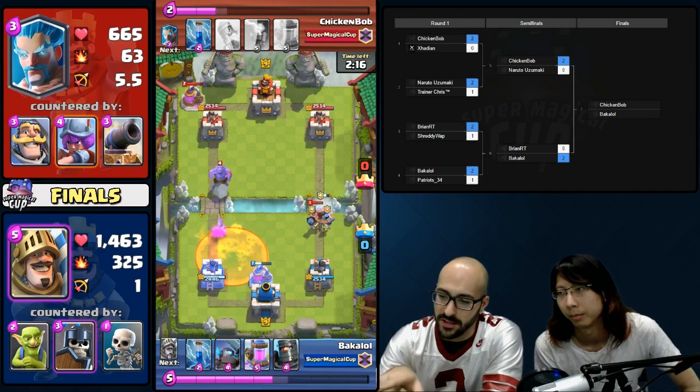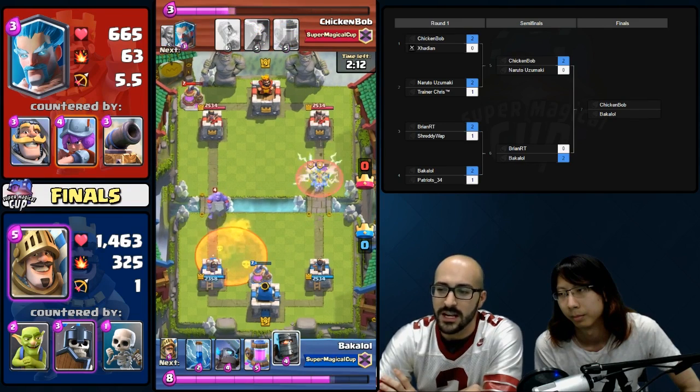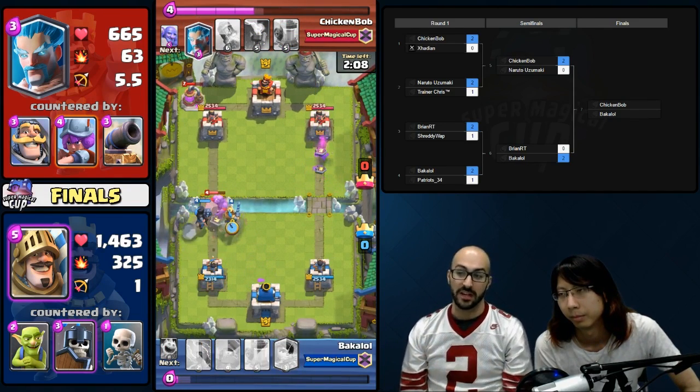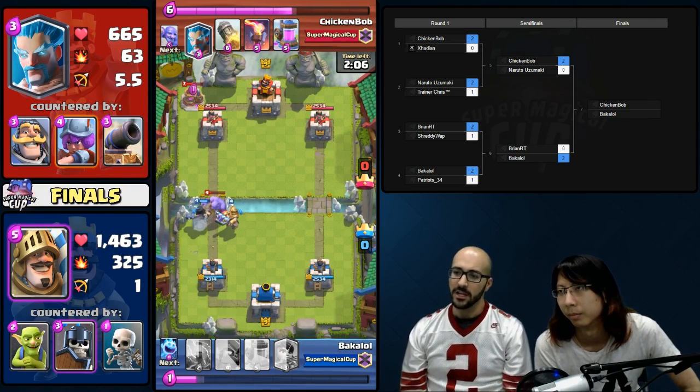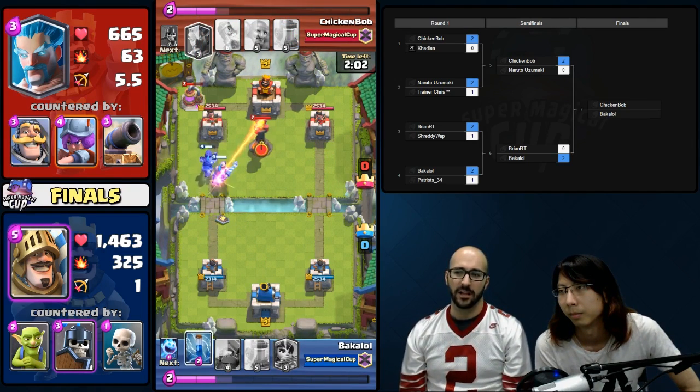And oh wow, the placement of the princess was just a little too close and gave ChickenBob a very valuable poison. The big danger with spell decks, and I think it might take the meta about a week or so to adjust if ChickenBob is to take this finals, is that you really need to space your stuff out. If you never give the spell cycle decks really high...